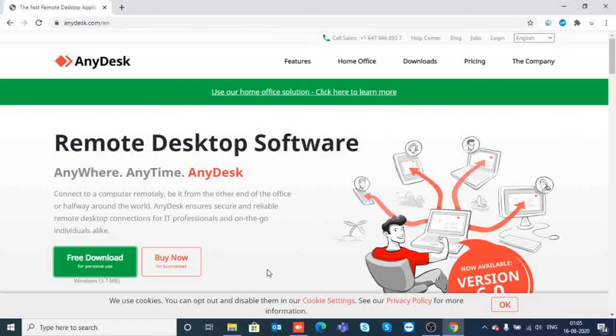Once you install it, from the next time onwards, any number of times, there is no need for a third person to accept it. Whenever and wherever you want, you can access it. You only need the ID and password.